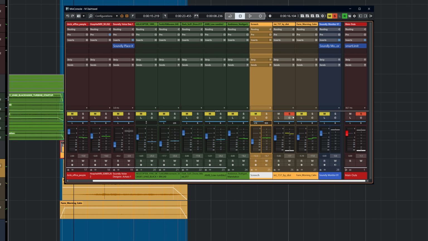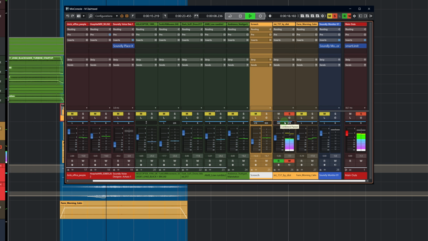So what we can do, we've got our jet here. We can just start off there a little bit over to the left. We can hit write on the automation. Something like that. Now that we've written that in,